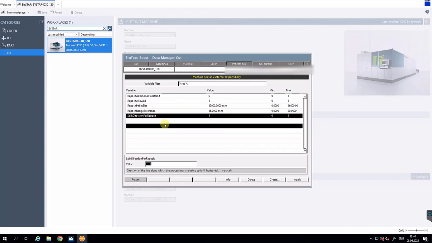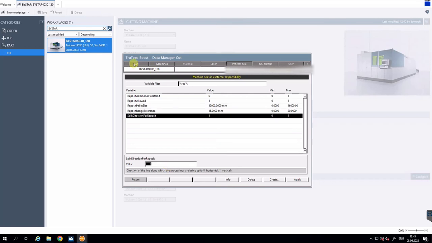In addition, we had to define the direction in which the reposition will be done, and by setting the direction as vertical, we reach the possibility to program the reposition direction in the x-axis. After making some adjustments in the database of TruTopsBoost with help of our colleagues from the development department, from the programming,